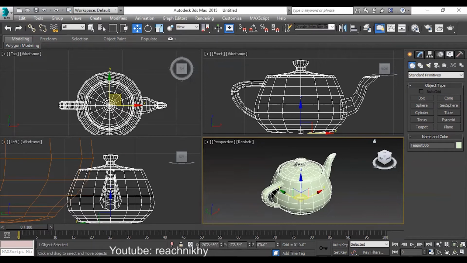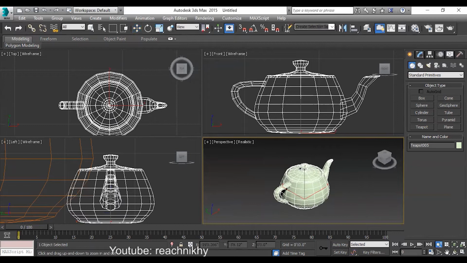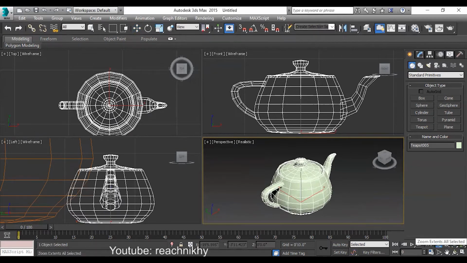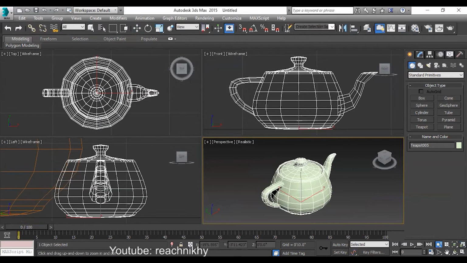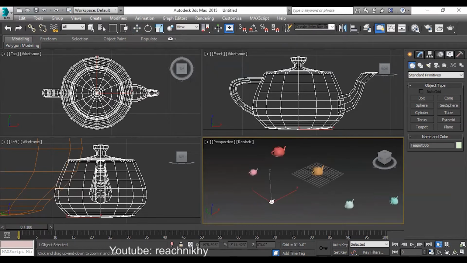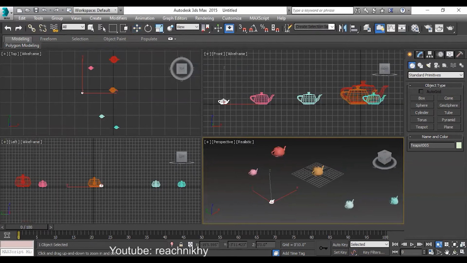So what does it mean? We got 4 tools which work only for the zoom. Zoom for single viewport, zoom all for 4 viewports, zoom extends for single viewport, zoom extends for all viewports. In every viewport it will highlight. And again in these 2 tools we got subsets. This is our zoom extends and this is our zoom extends all. Got the idea? So that's what these zoom tools are.